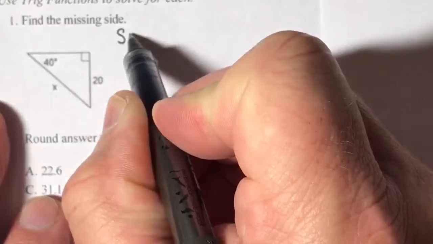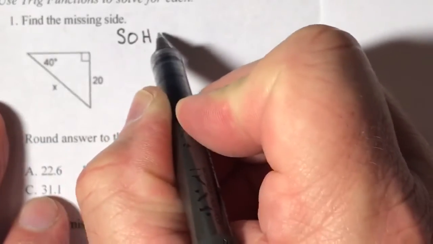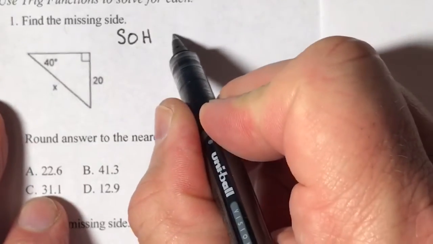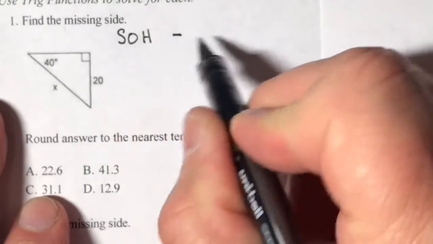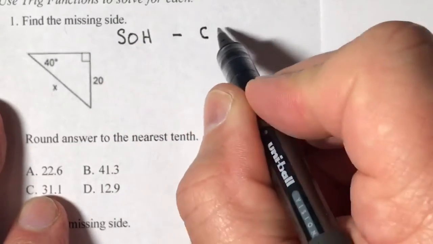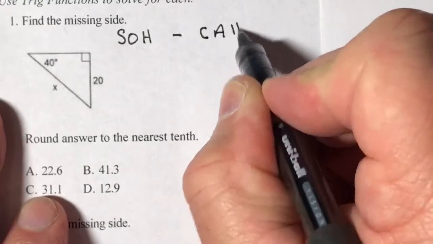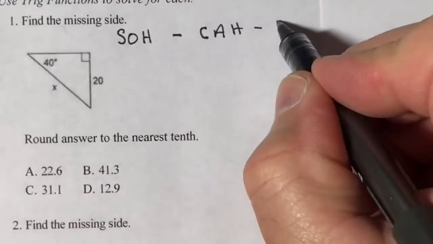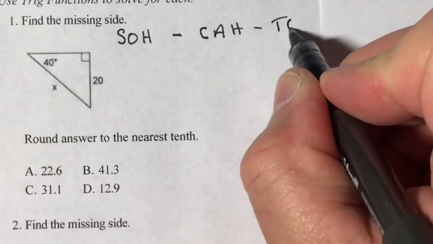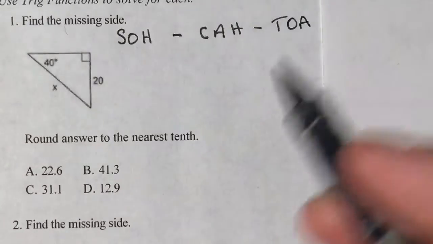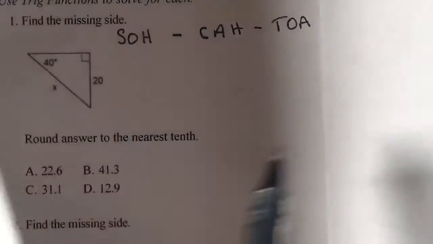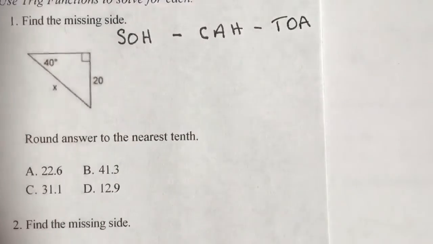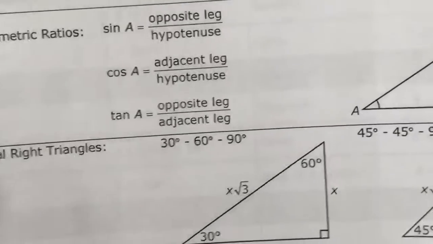So go ahead and get SOH, okay? And then I'm leaving a space here because I'm going to spell out some of these things. So CAH, okay, and then tangent is TOA. All right, so sine. Now I'm going to give you the formula chart, which will be available at your desk, and I want you to locate